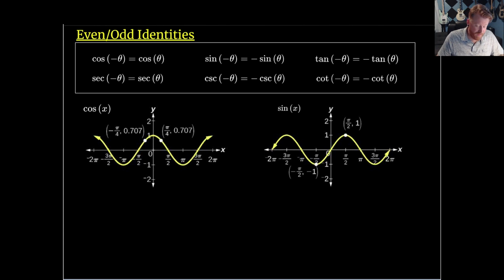So next we'll take a look at the even and odd identities, and this just focuses on the even and odd properties of these trig functions in general, but we know that cosine is even, and we know that both sine and tangent are odd. So we'll go and take a look at some of these graphs here, and we'll show that those are true from their graphs. So if we take a look at this graph of cosine, what we're seeing